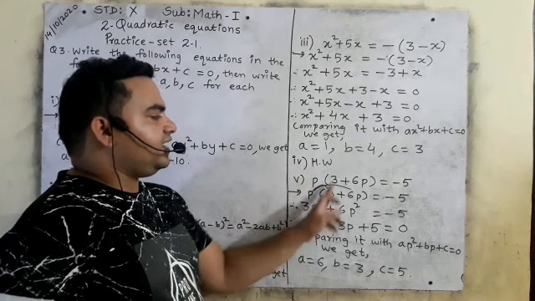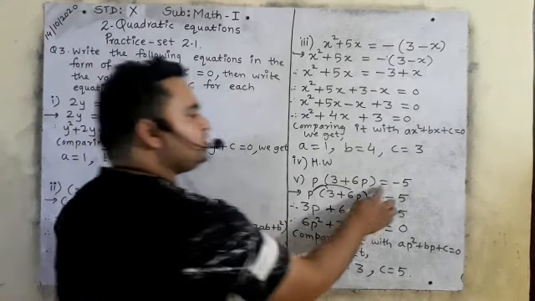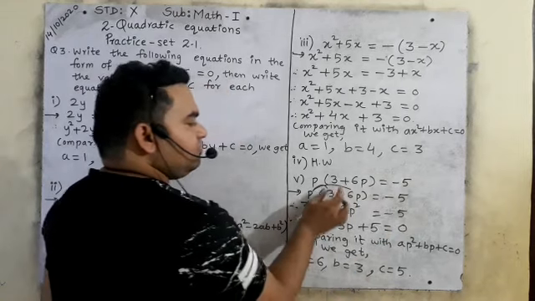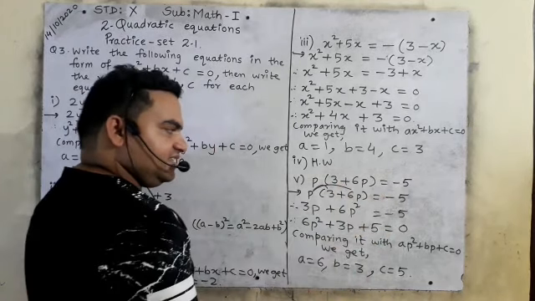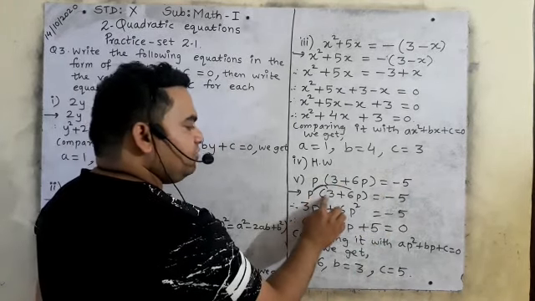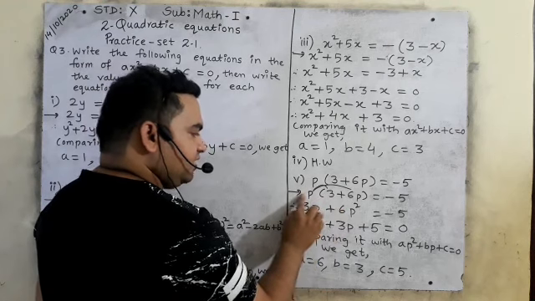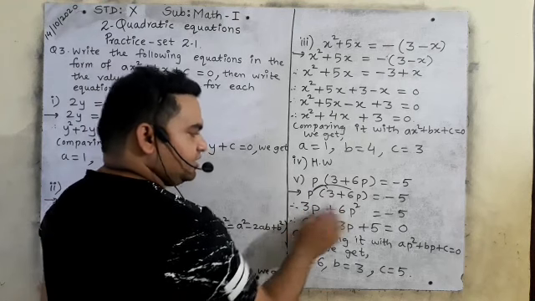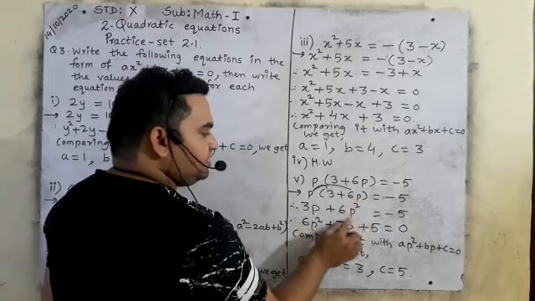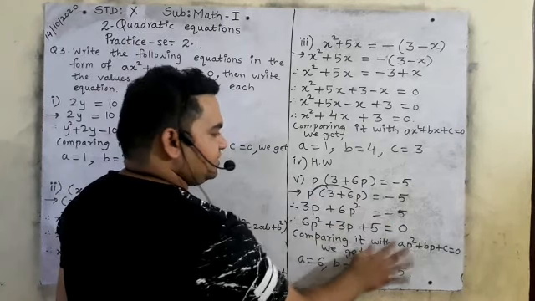That is p bracket 3 plus 6p is equals to minus 5. So first we will copy the question as it is. Then we will multiply p. See, this 3 will multiply here. 3 ones are 3 and p as it is. 6 ones are 6 and p is p square, is equals to minus 5.